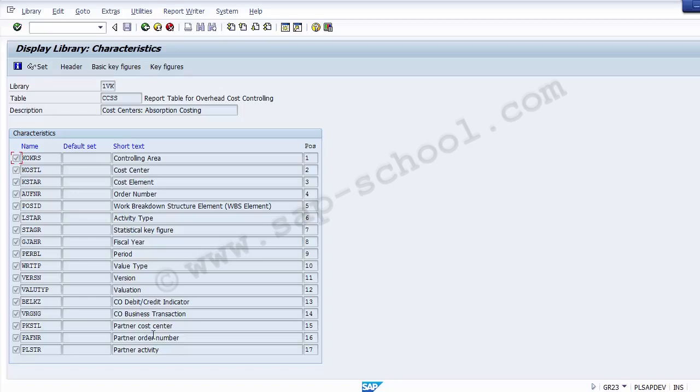The characteristics are non-numerical fields. They represent criteria by which you can select data records. Examples of characteristics are the controlling area and the fiscal year. So you can find over here the controlling area is there, the fiscal year is there, which has been used